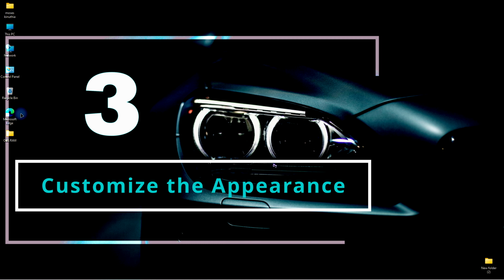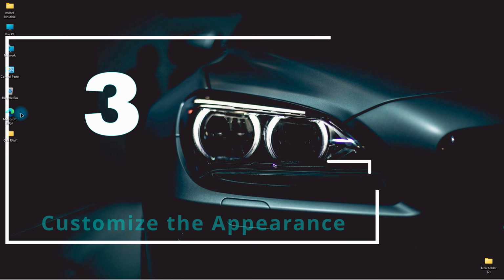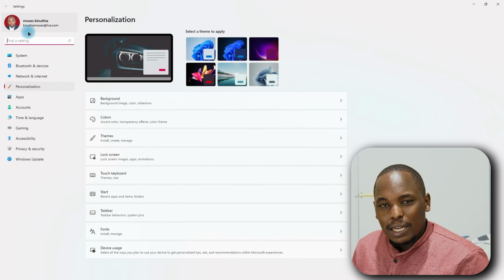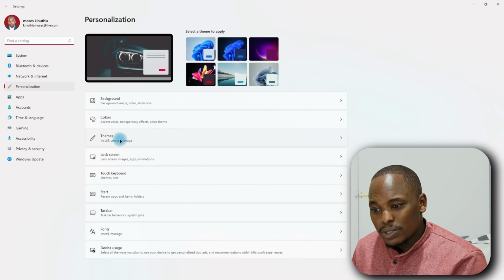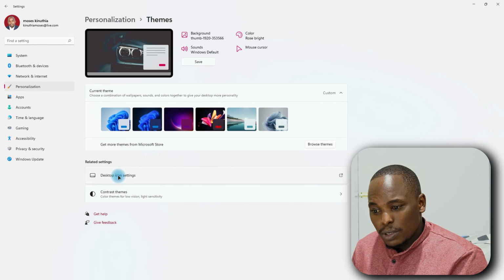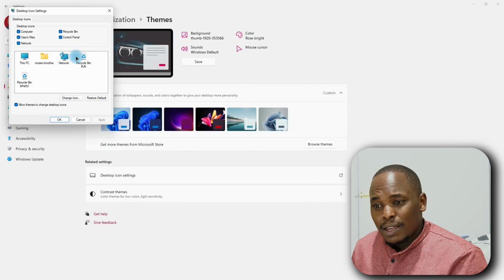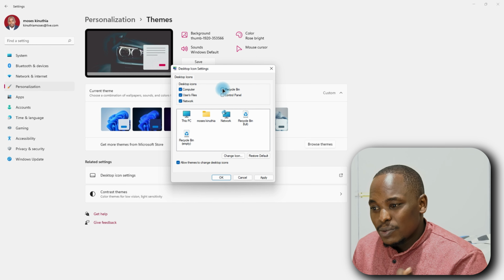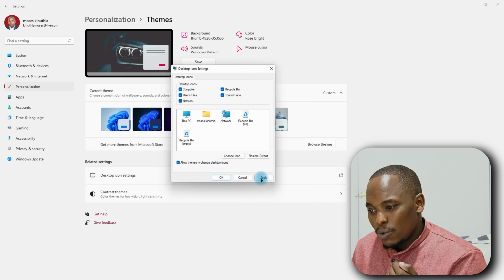So the third thing I will do after installing Windows is to customize the appearance. So you right click on the desktop, go to personalize. I usually like starting with the desktop icon, so you go to themes, scroll, go to desktop icon settings, then this pop-up will come, and then you can check what you want to appear in your desktop. I want computer, user files, the network, recycle bin, and very importantly the control panel. So once you click on apply,